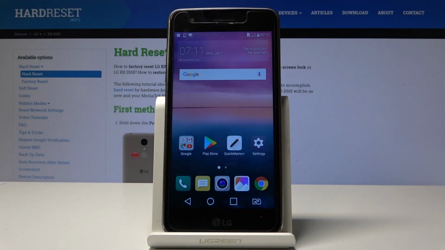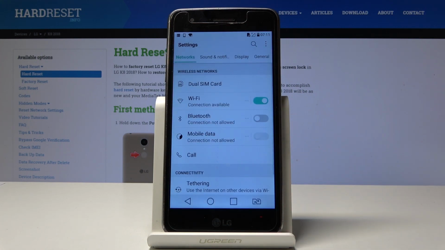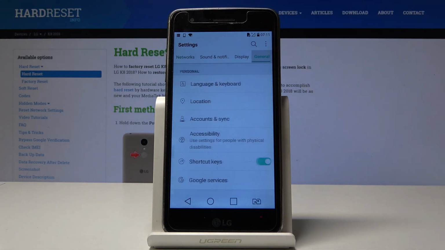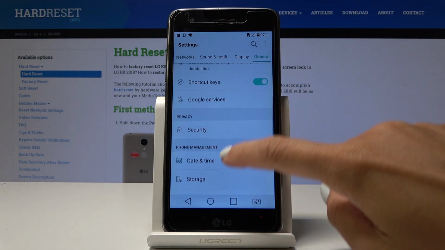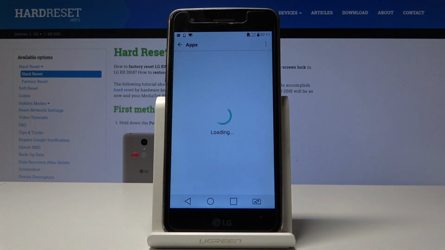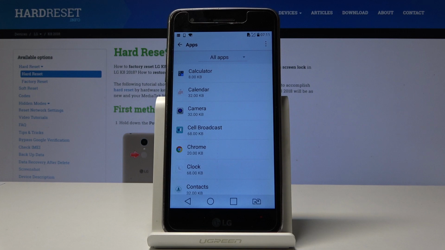Here I've got LG K8 2018 and let me show you how to reset app preferences on the following device. So at first, let's open the settings, then find and pick General, scroll down a bit and open Apps. Simply click on the Apps icon and now select More icon, which is 3 dots one in the right upper